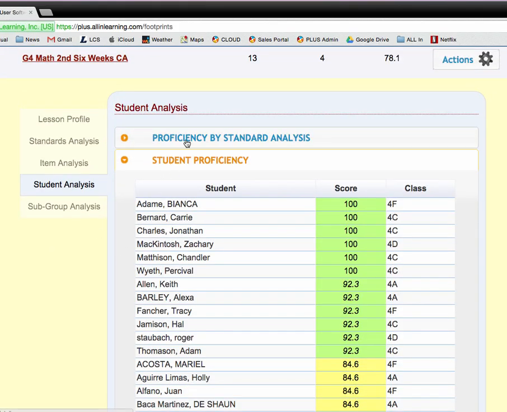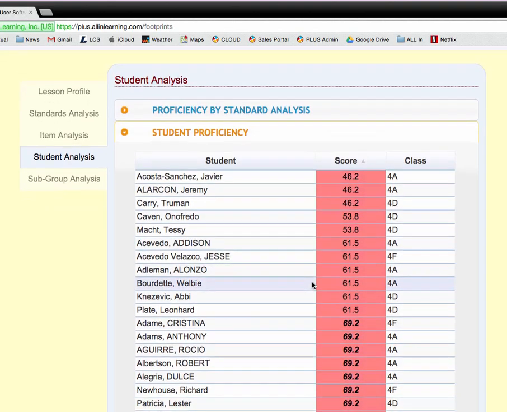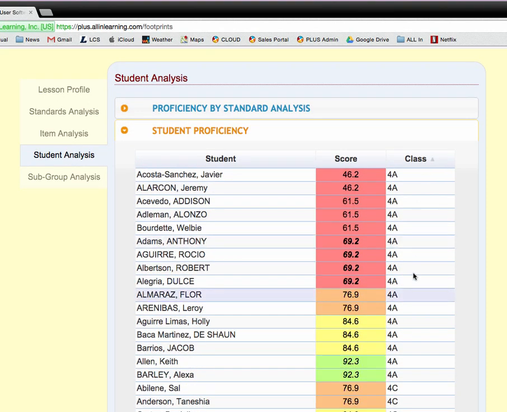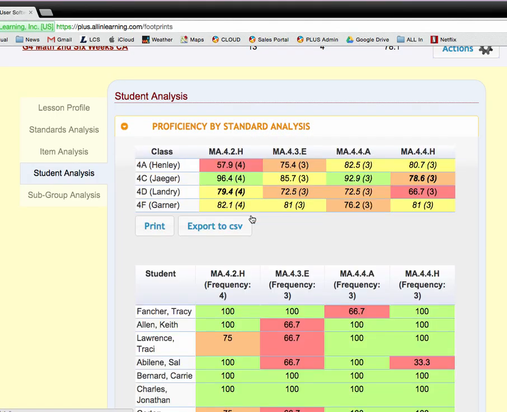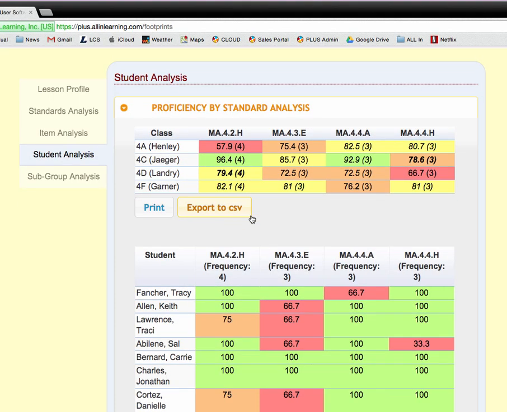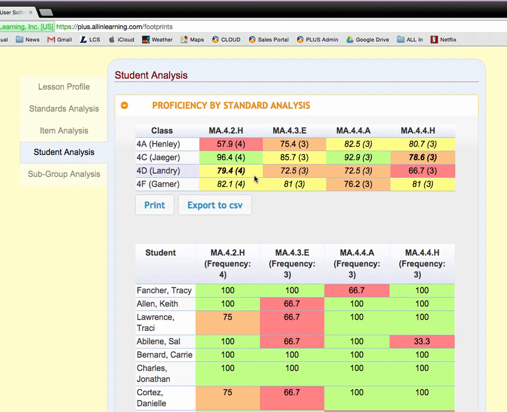The student analysis is going to let us see the scores. We can see which kids struggled on that test. We can see the breakdown by class there as well. One of the things that we're really after here is the standards analysis. And so the standards analysis will let us go in and